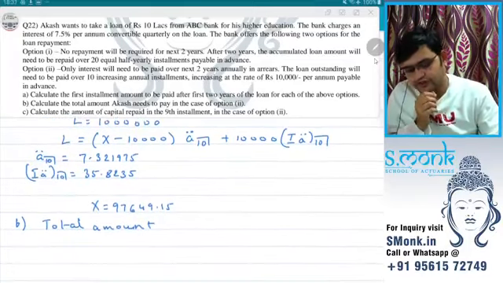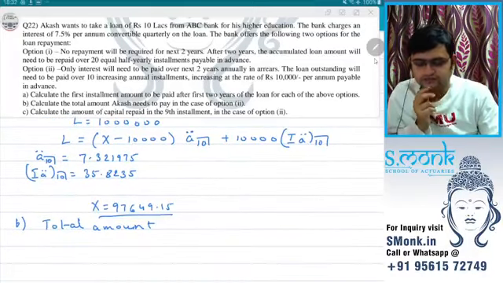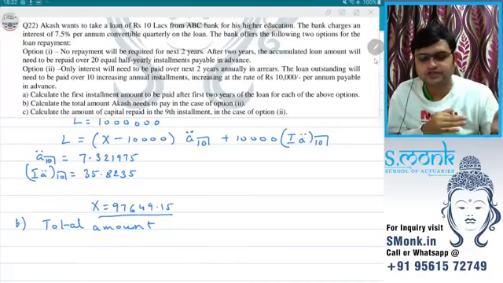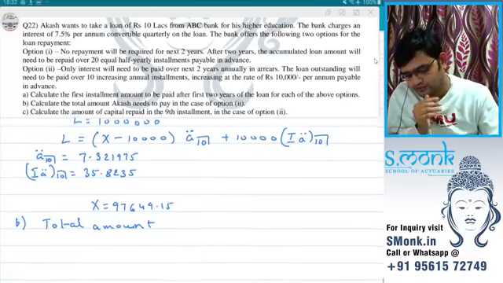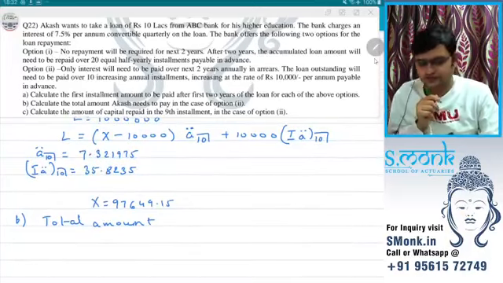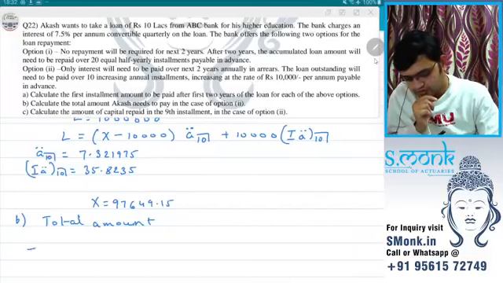So we know first payment was X, then we had X plus 10,000, X plus 20,000, X plus 30,000 and so on. We'll talk about that later, but before that we had 2 years of interest only payment. So total amount will be